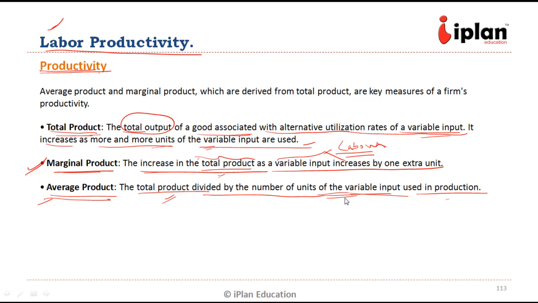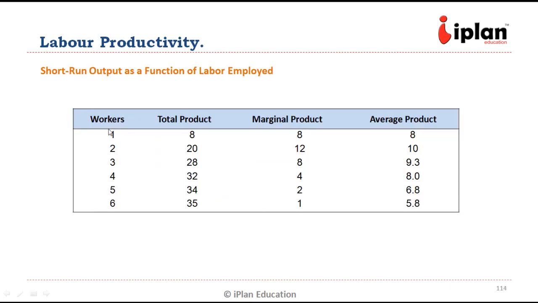Let us look at the productivity through a numerical example. Suppose there was one worker earlier, total number of units produced were 8. So marginal product was 8 and also average product is 8, because 8 extra units have been produced by one extra labor. Then one more labor is hired. Now 20 units have been produced. So 12 extra were produced by the second labor. So marginal product is 12. And if we look at the average product, it is total product divided by total number of workers. It is 10. So on an average, product produced per labor is 10.